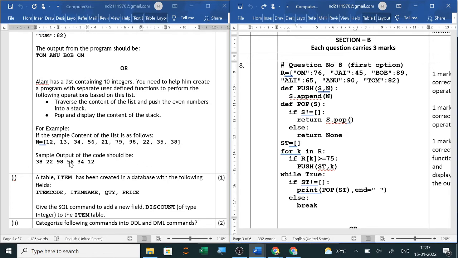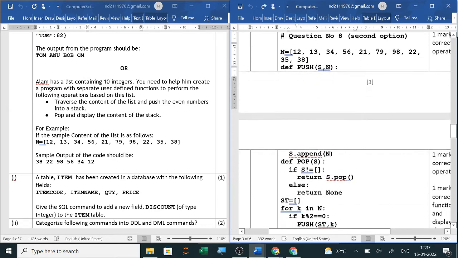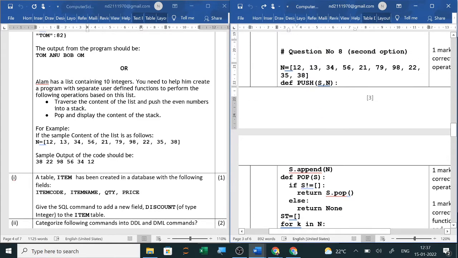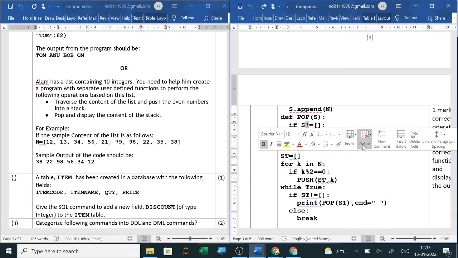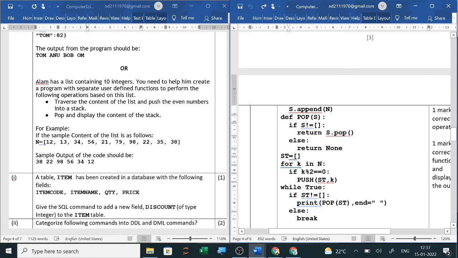Now the output will be this. Okay, now here you can see the second answer, where we have taken a list. Same thing: push will be s.append(n), the number n we will take, and def pop(s), the stack we are taking here. If it is empty then it is calling, if it is not equal to empty then we will pop it. So here we will delete it, same thing from the last.